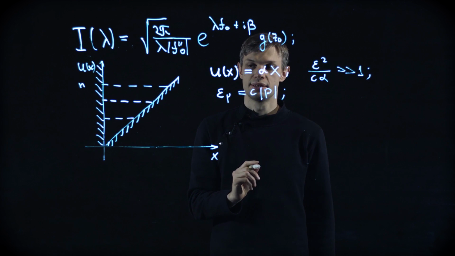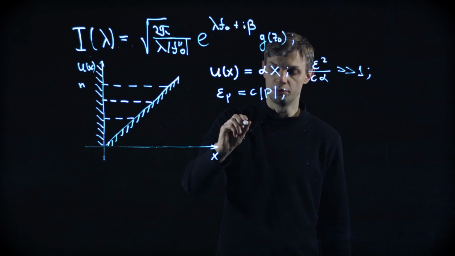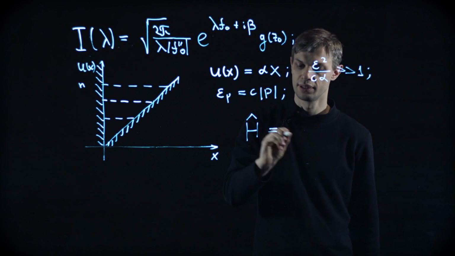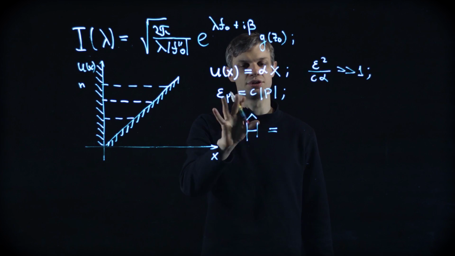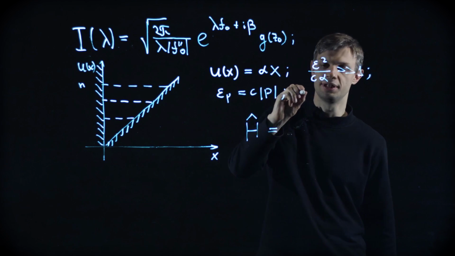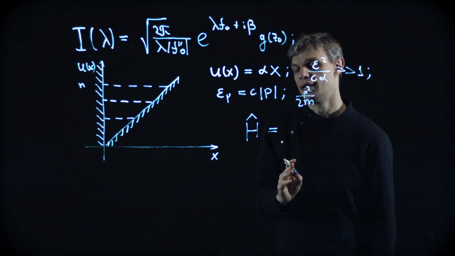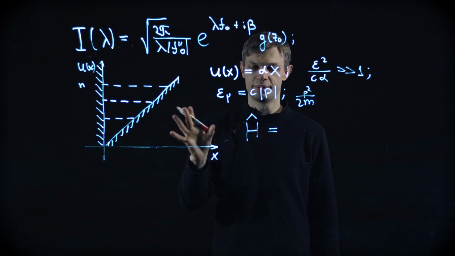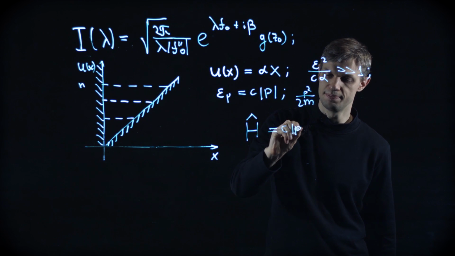All right. So how do we start this problem? Well, first of all, we write down the Hamiltonian. The Hamiltonian is an operator, and due to the fact that we have this unusual kind of spectrum, it's not your typical p² over 2m. It's linear. So we'd better work in momentum representation. So here we go. So C modulus p.